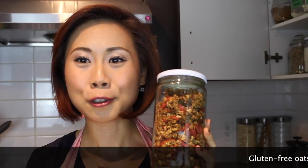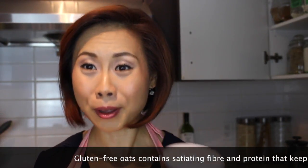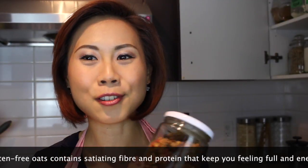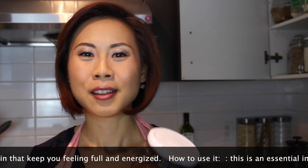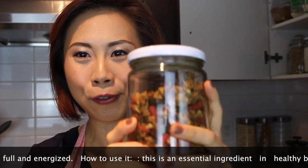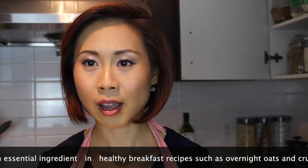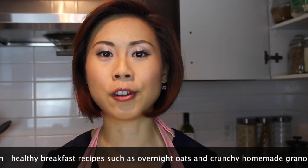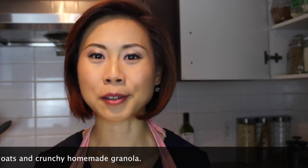Next up, gluten-free oats. You're staring at me because you must think I'm crazy. I'm so sorry I ran out of my gluten-free oats because this is exactly what I used it for. It's a great substitute for the regular oats. It's a little less stressful for your digestive system and also is packed with all the fiber and protein goodness